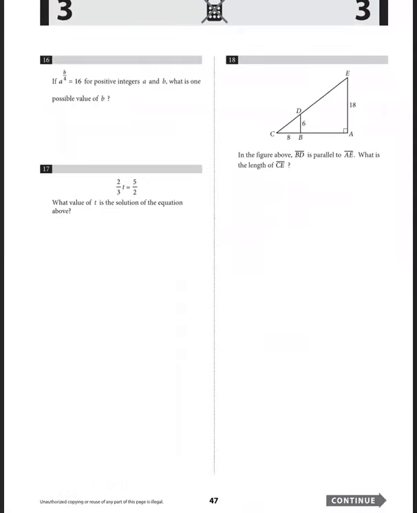And let's think about number 16. So let's see. Number 16. It says, if a to the b over 4 is equal to 16 for positive integers a and b, what is one possible value of b? So I'm sure that there's a mathematical way of doing this, but this is one of those where I